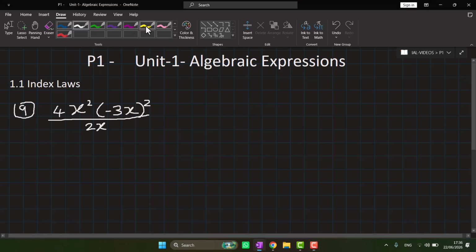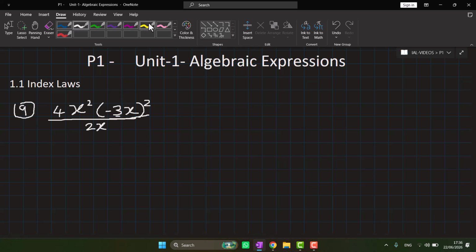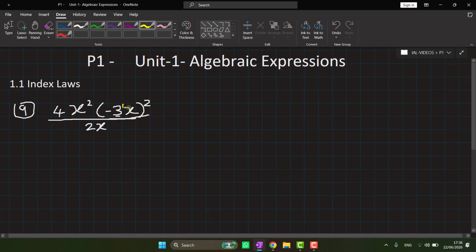Okay, last example, we'll start with this bracket. This 3's index is 1 and x's index is 1, so you have to multiply both indices by this 2. So you'll be getting, I'll write 4x squared over 2x as it is for now. So 4x squared, the whole thing over 2x,